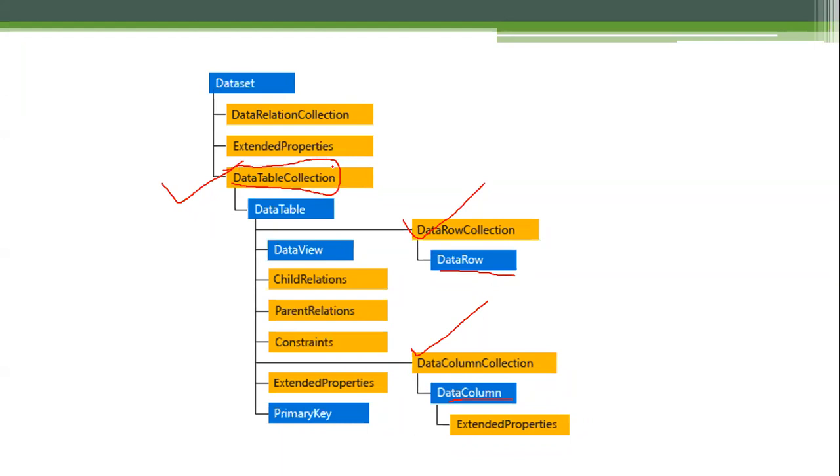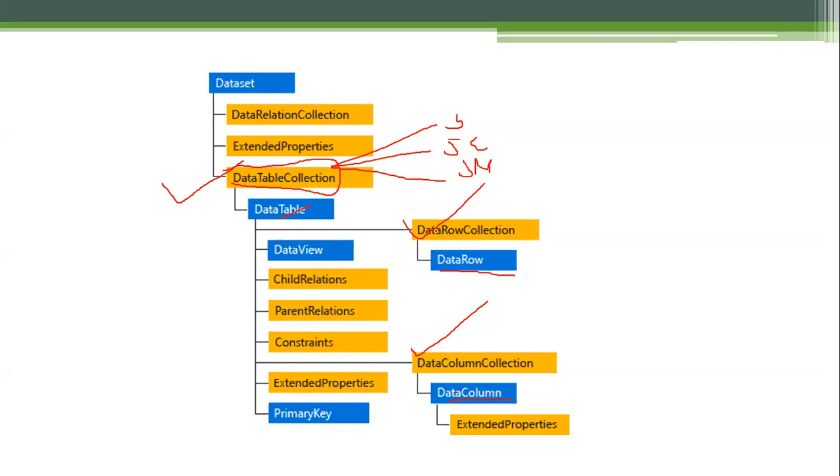So the data table collection will have one for student, one for student courses, one for student marks. So there are 3 tables, and that will be held in the data table collection. So to refer to a particular table, we use Tables[0], Tables[1] or Tables[2] like that. So using index, we can read each table.